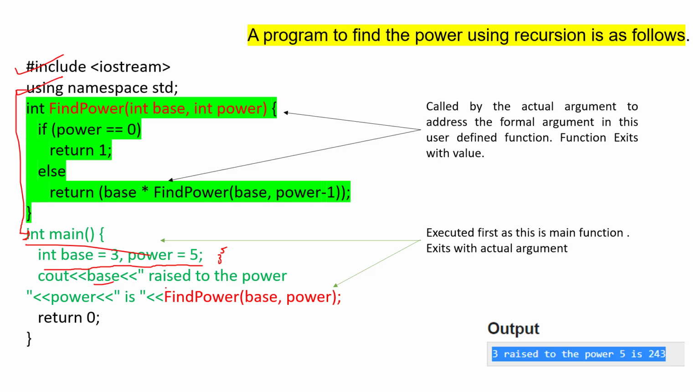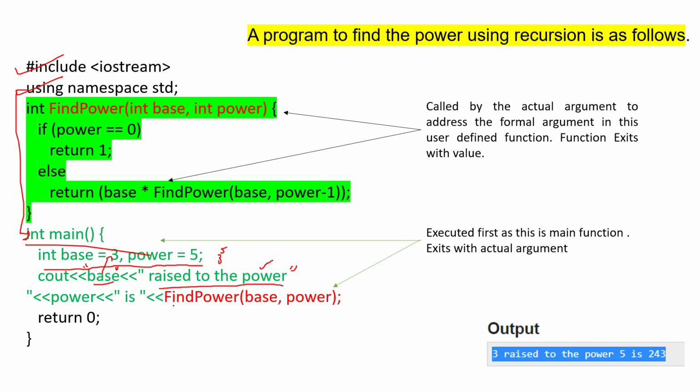Then we have raised to the power. So that means cout base, as it is not put in double quotes, directly the value is coming: 3. Then 3 raised to power. This one is put in double quotes, so the string is returned. So that's the value coming here; as it is not in double quotes, 3 raised to the power is